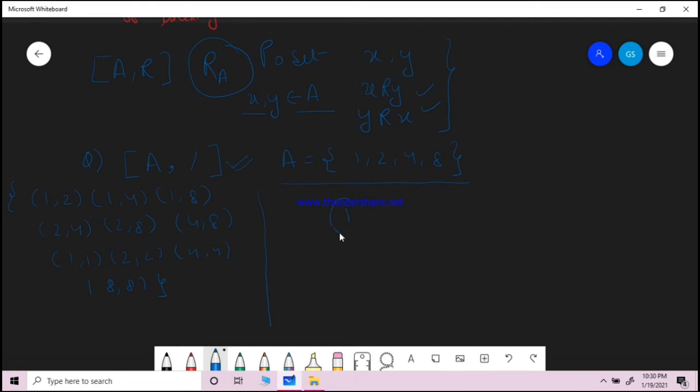Let's make the diagram. I'm simply converting these elements into vertices. So this will be 4 and this will be 8. Now this is roughly a diagram. I'm just trying to show the connection between the elements. So 1 can divide, the arrow is not important, but if you want, you can put it. So this can divide this simply. What can 2 do? 2 can divide this, and 2 can divide this also. What can 4 do? 4 can divide 8. There is a self loop, as they can divide themselves. I have just represented this in a diagram.